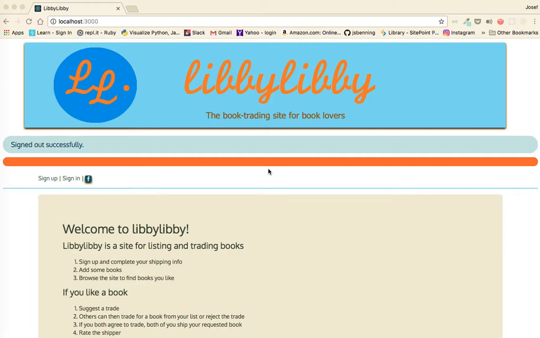Alright, so this is just a quick run through for Libbylibby. This is an app I built in Rails, Ruby on Rails with jQuery, Ajax, Handlebars, a lot of different technologies went into it, and it's still got some things I want to tweak, but the basic functionality seems to work pretty well, and I'll just do a quick run through and show you how